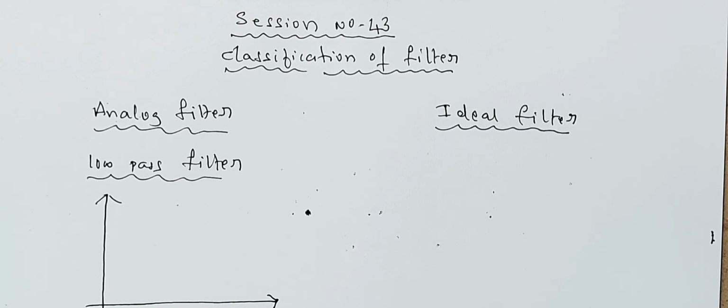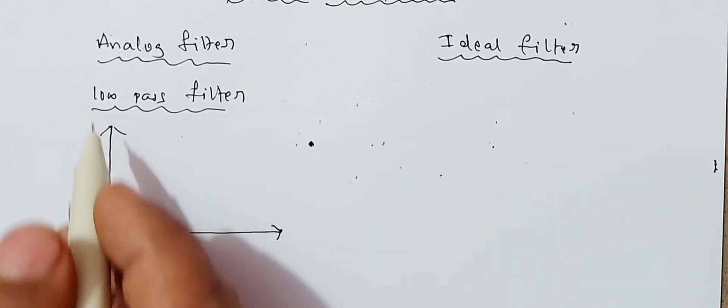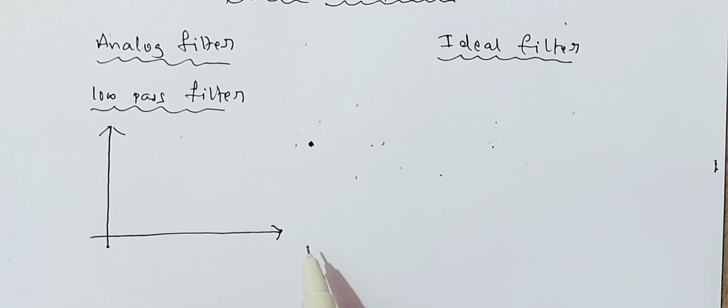For any filter, you apply input voltage of different frequency. Note down the output voltage. Then take output voltage by input voltage. We call it the gain of the filter. In general, we can also mention this as the magnitude of the filter. And plot a graph of magnitude along the y-axis and frequency along the x-axis.